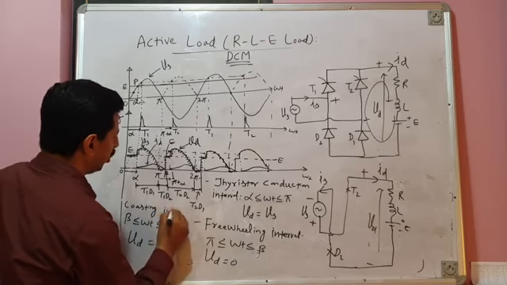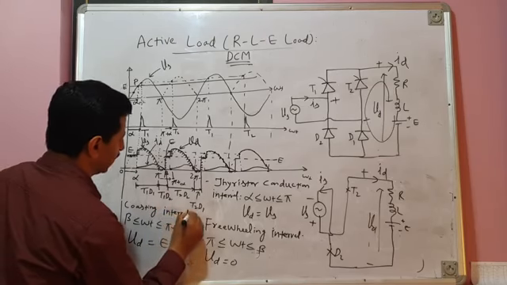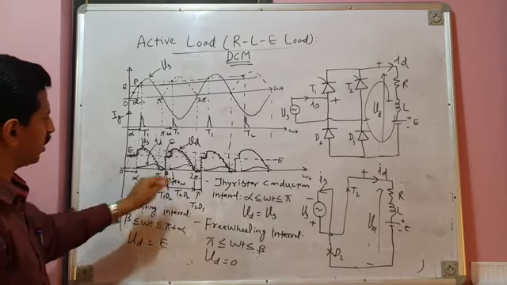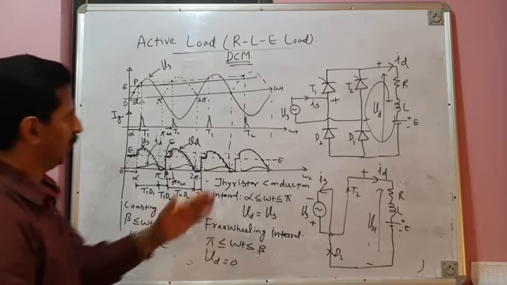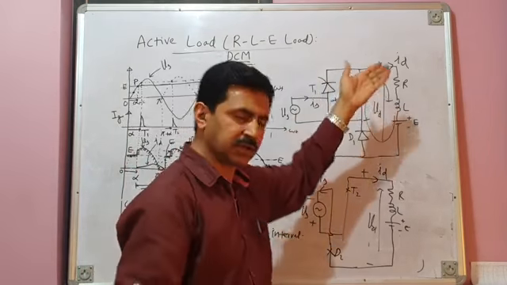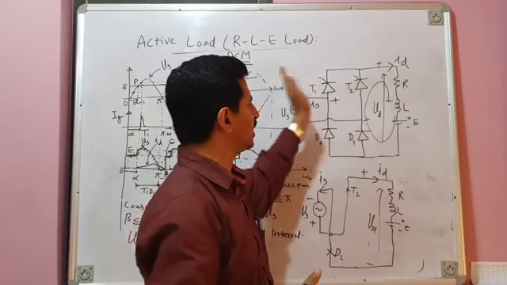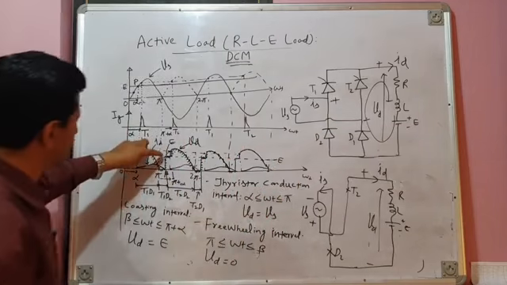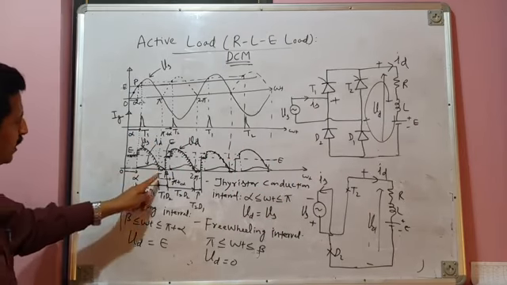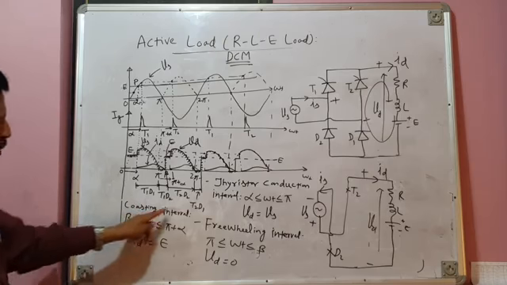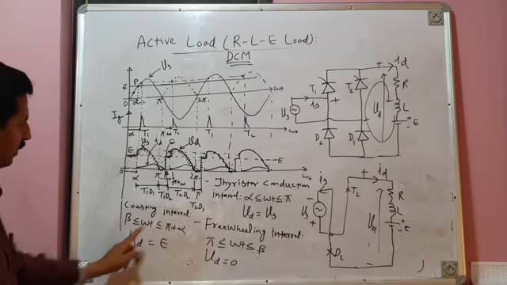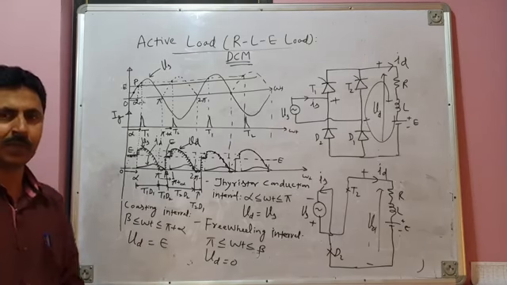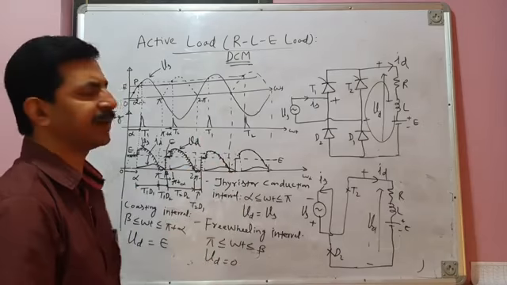And the third and last interval is the coasting interval. It is coasting mode, or this interval is called coasting interval. And during this coasting interval, which is from beta to pi plus alpha, your load current has already become equal to 0, so your load is disconnected from the source. So the load has its own voltage. Load voltage is equal to E. And this interval is from beta to pi plus alpha. So the coasting interval is from beta to pi plus alpha, and during this period, load voltage is equal to E. So therefore, this is the mathematical analysis of this.